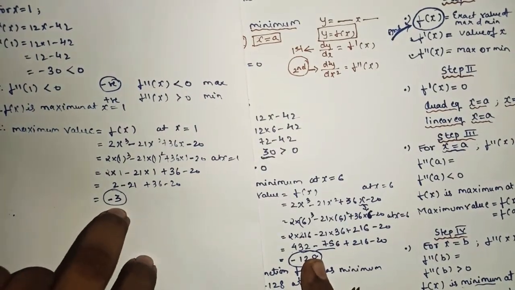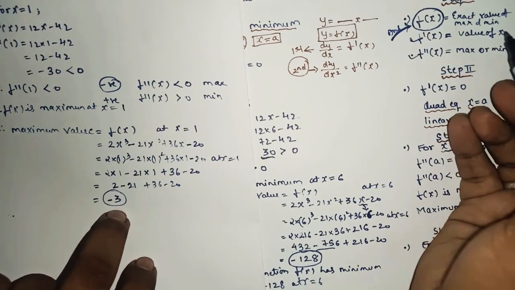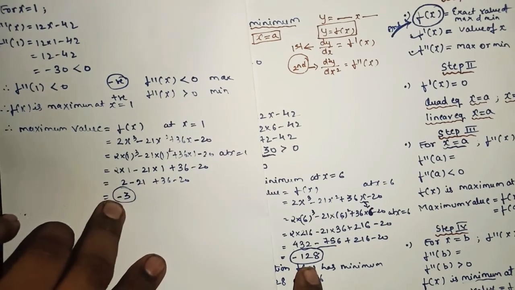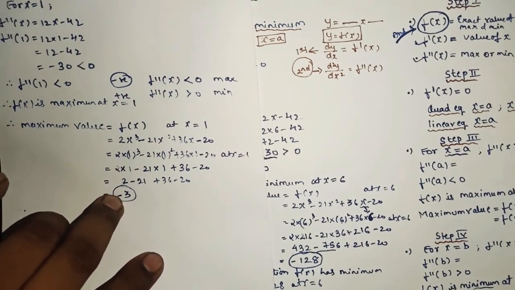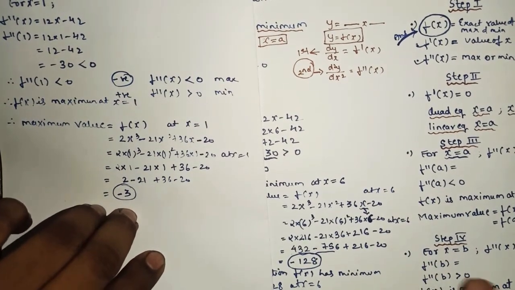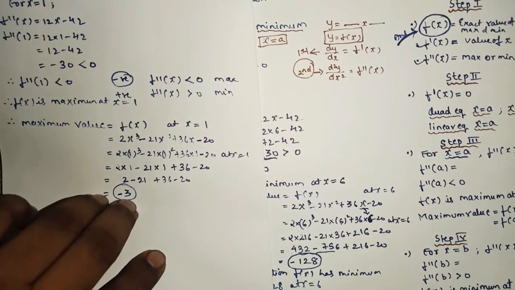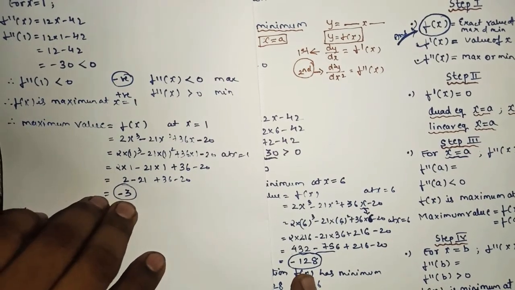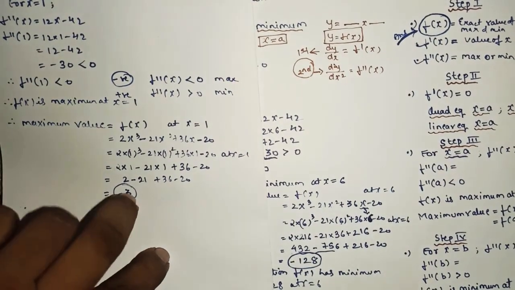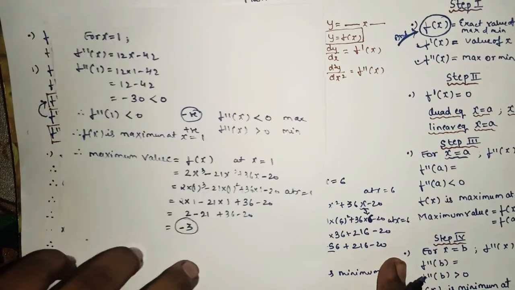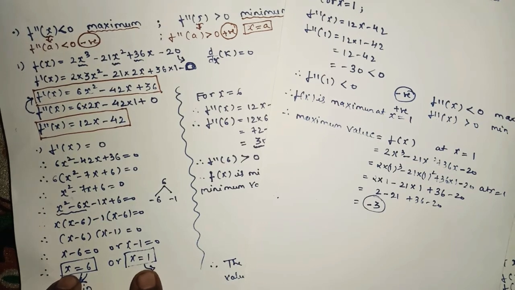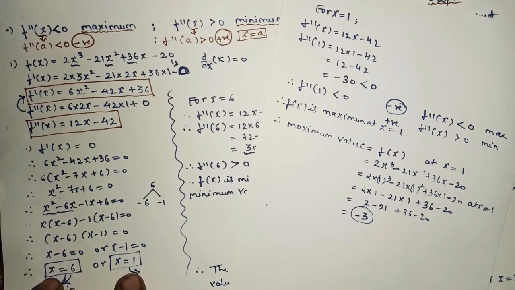Whenever you are finding the exact value of maxima and minima, whatever the answer is, whether it is positive or negative, don't worry about that. Don't think that if you get a negative, our answer is wrong, or if you get a positive, our answer is wrong. No, not like that. When you find the exact value, sometimes the answer will be negative and sometimes positive. You just have to check. This is the main part: to check at which particular point the function is maximum or minimum.